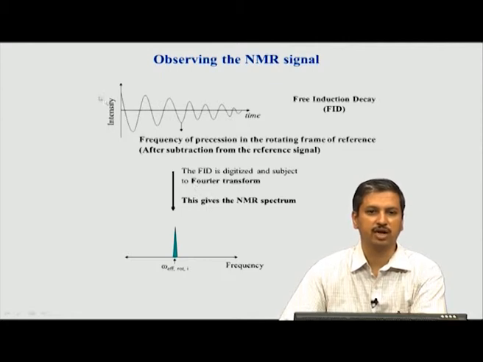Now, this FID is further digitized. How do you digitize this? We will see the components of digitization when we come to the hardware part of the course. But what is happening essentially is that you take points at equal intervals of time. Instead of collecting the signal as a continuous wave, it is recorded in a discrete manner by collecting points at different times. By doing that, we use the word digitization. So, we are digitizing the FID,